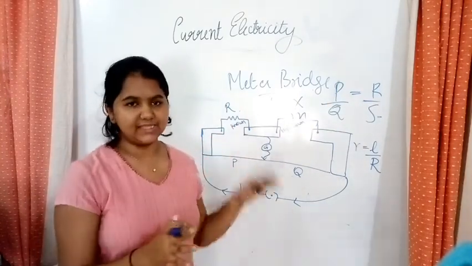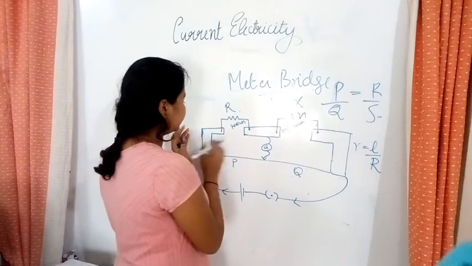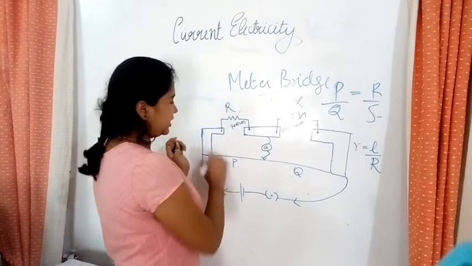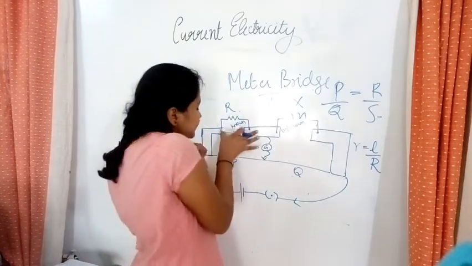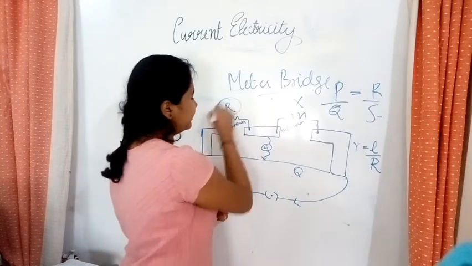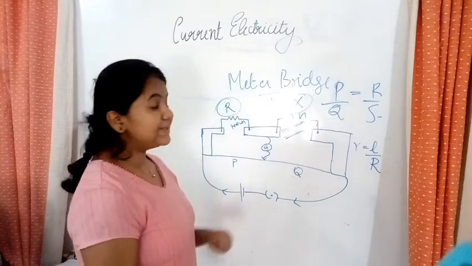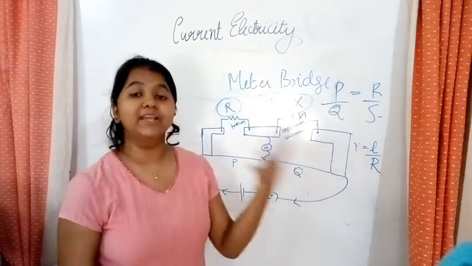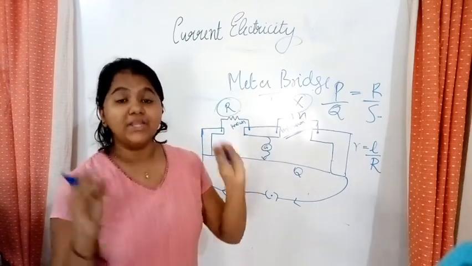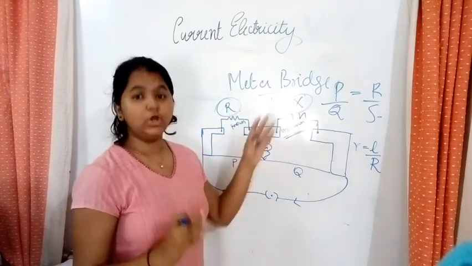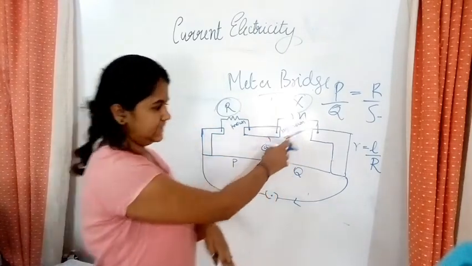Now let's learn the parts of the meter bridge in detail. The first one is, these L-shaped things are thick copper wire. Even this is thick copper wire. Between them, in the first part, a known resistor R is connected. In the second part, it's an unknown resistor X. So what is the principle of Wheatstone's bridge? Why did we use a Wheatstone's bridge? We used a Wheatstone's bridge to find out the unknown resistance. If this is an application of Wheatstone's bridge, it will also have the same function. So we are going to find out the unknown resistance.